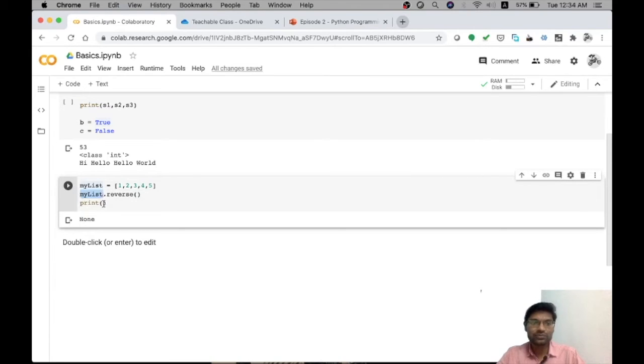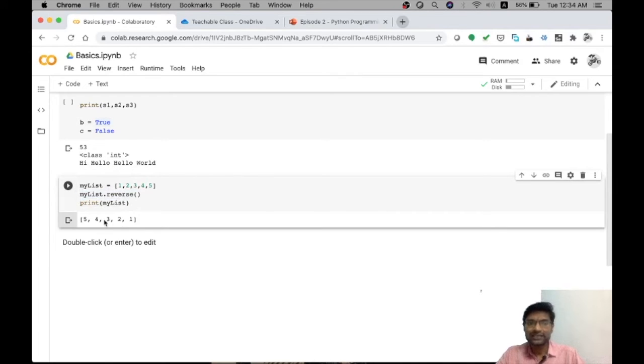So in this case, I'll reverse it, and then I will execute the variable alone in the print statement. Now when I execute it, we can see the values of this list have got reversed. So this reverse command actually reverses all the elements and then stores them into the same variable as well. That is how this particular reverse command behaves.